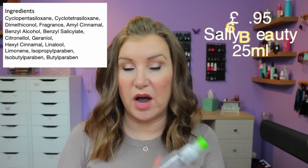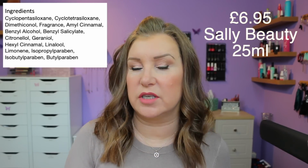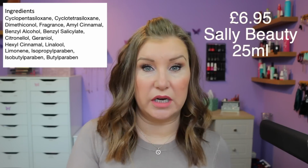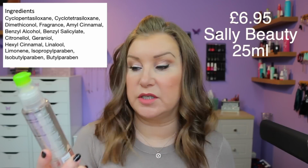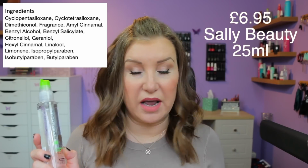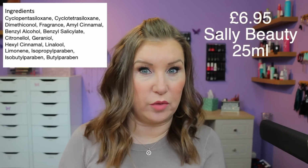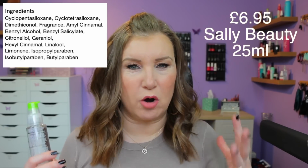The second hair care product is this, the Paul Mitchell Super Skinny Serum. And the other one that I have, I've had for quite a while actually. It's sort of a deluxe travel size that I got in a set, I think with the skinny shampoo and conditioner when I was going to a particular hairdresser's, but I just love this serum so much. It's one that I never want to be without, because it doesn't make my hair feel greasy. I can use a good 2 pumps of this, and it's quite a lot that comes out in the pumps, and I can put it all over my hair, and I never worry about getting that horrible greasy feeling